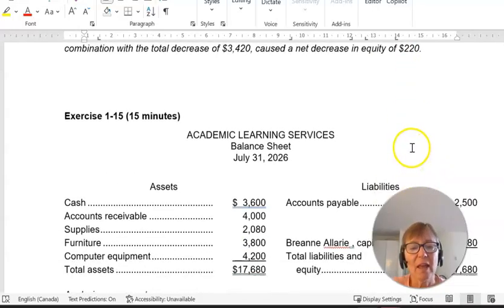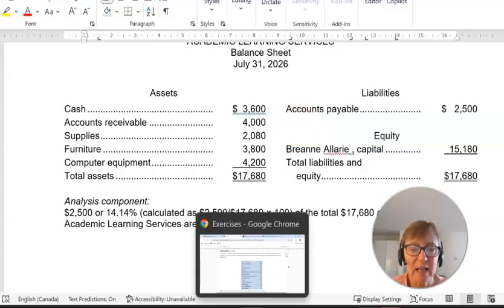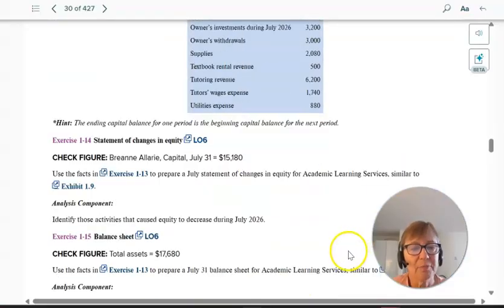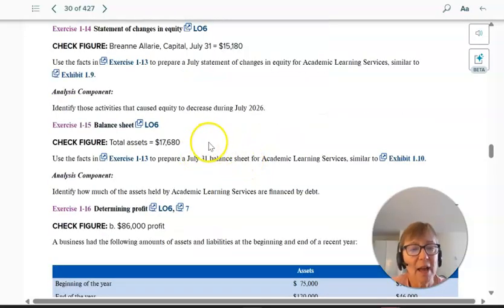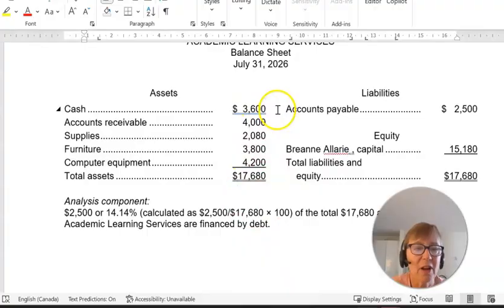Okay, 15,180. Then we come to our balance sheet. Again, we go through our list in our question to make sure we've got all of our assets. And if you have a look as well, you can see the check figure from the ending capital of 15,180, which is what we got. And you can see on our balance sheet that we need total assets of 17,680. And if we go over, we've got our cash, accounts receivable, supplies, furniture, computer equipment for total assets of